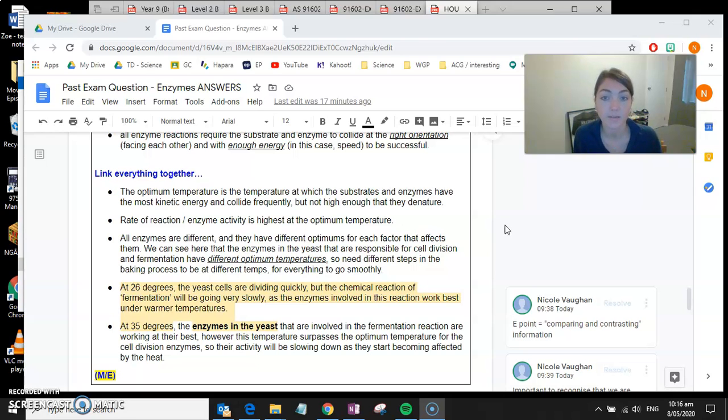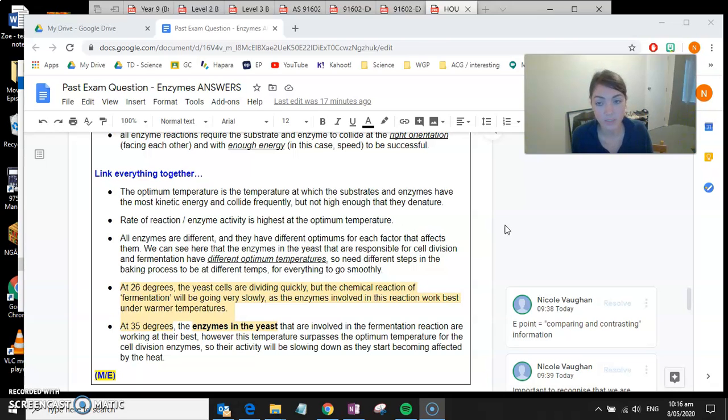We can see here that the enzymes in the yeast that are responsible for cell division and fermentation have different optimum temperatures. So they need different steps in the baking process to be at different temperatures for everything to go smoothly. At 26 degrees, this is my compare and contrast, the yeast cells are dividing quickly due to the enzymes that are involved in that reaction being at their optimum. But the chemical reaction of fermentation will be going very slowly as the enzymes involved in this reaction work best